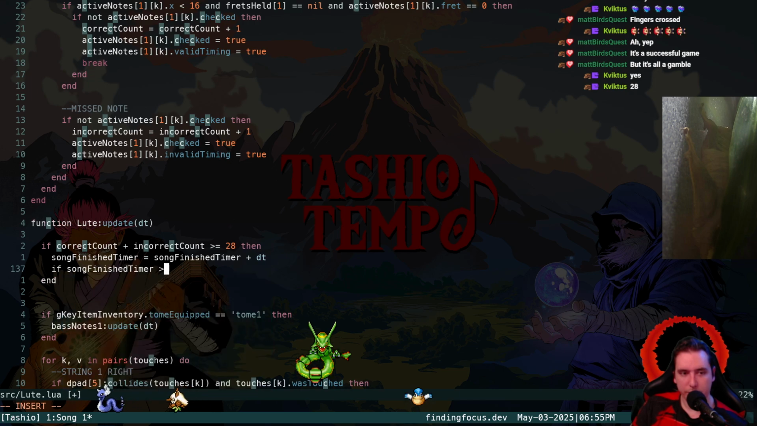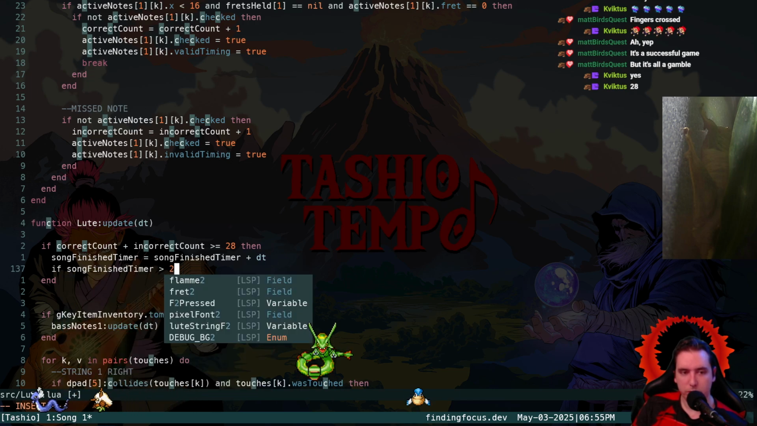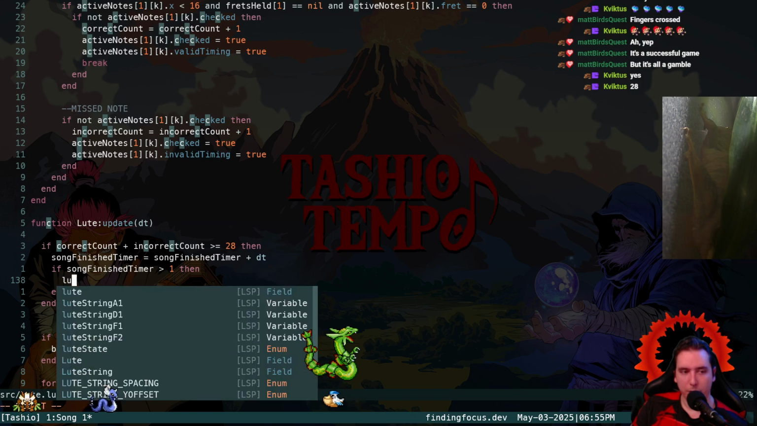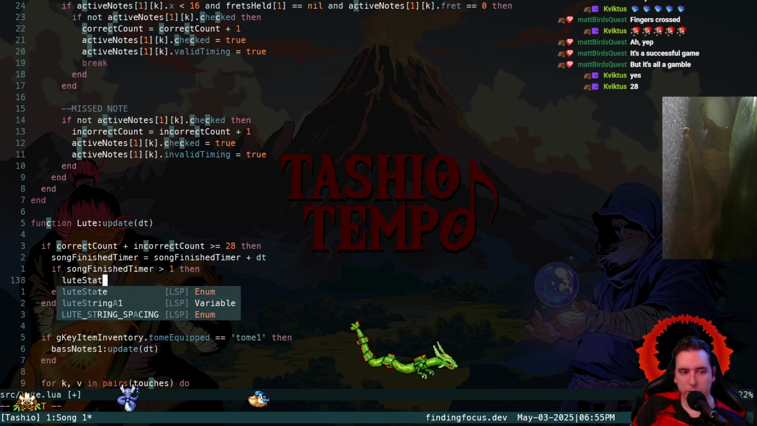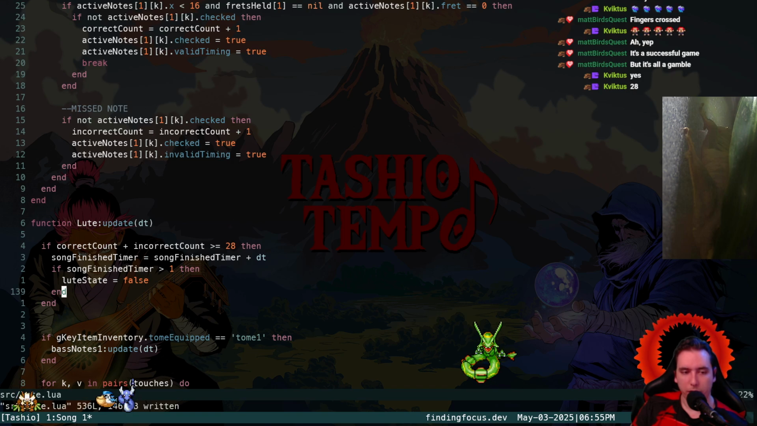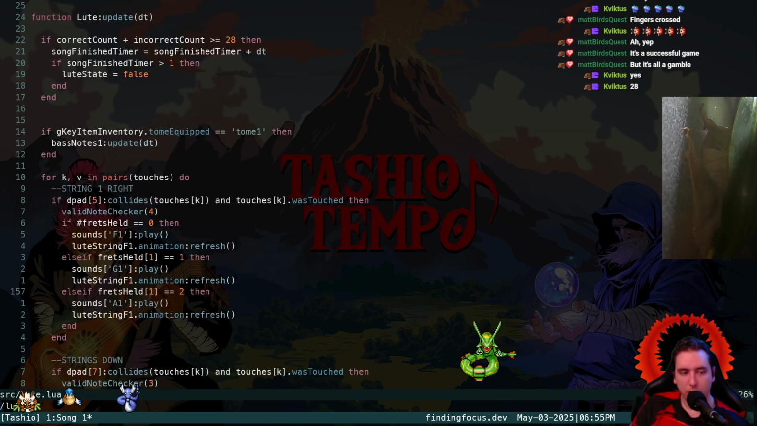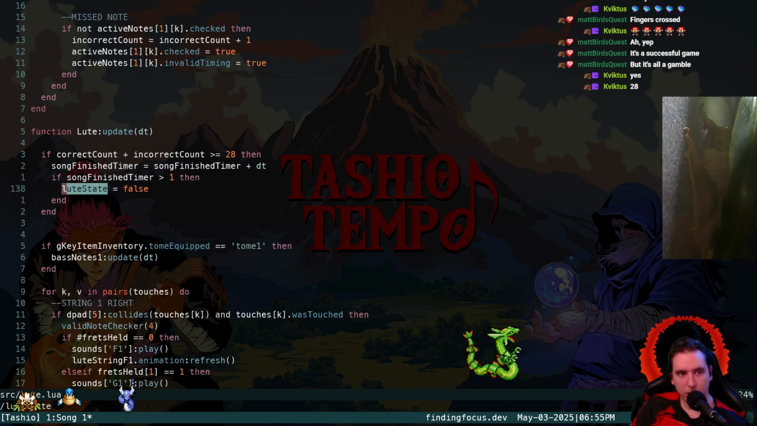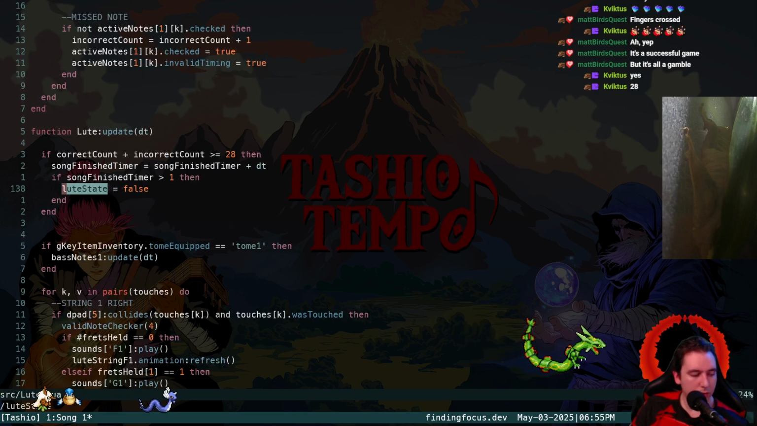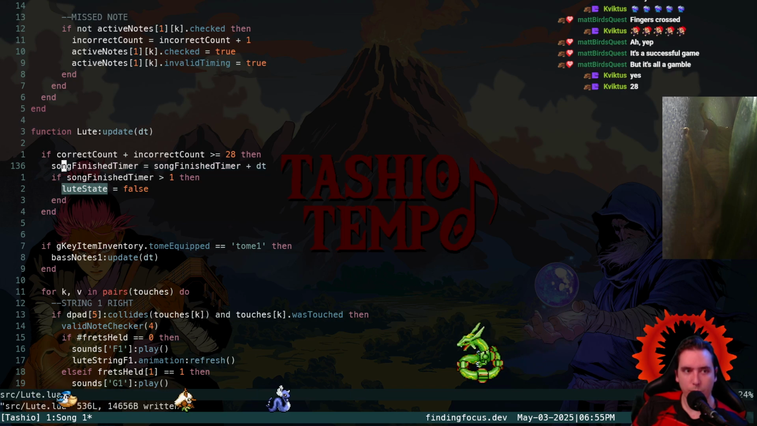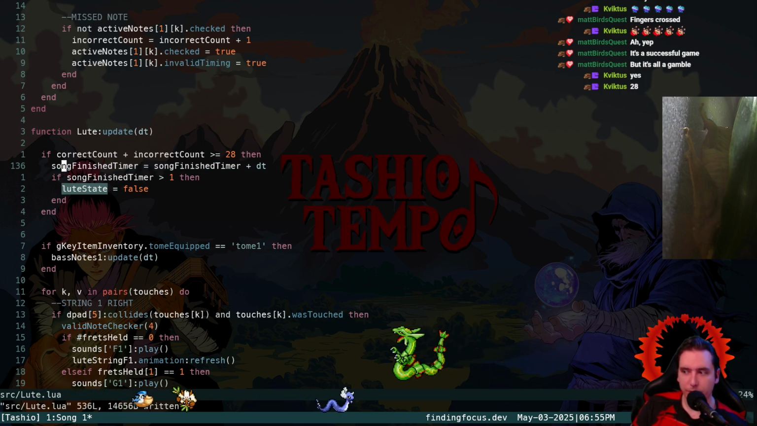If our song finish timer is greater than 1 second, then we're going to go from lute state false, which will turn off our lute update. So let's try this, where we have to initialize a song finish timer as well as a reset for it so that we can